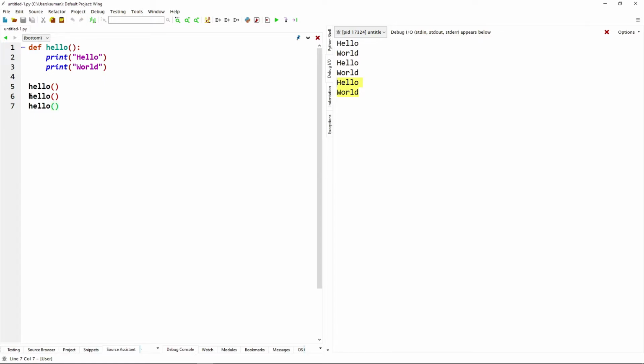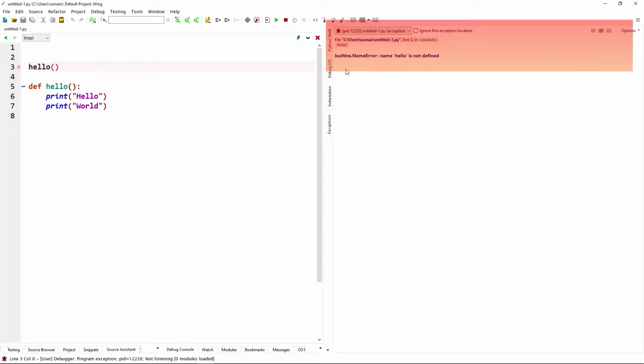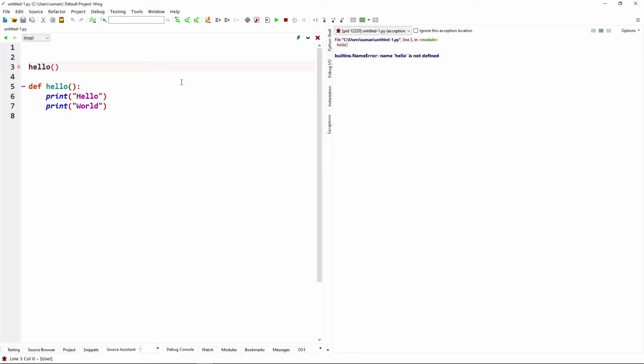Suppose we delete these two statements and define the function hello after the call of the function. So what should happen here? Built-in's name error, name hello is not defined. So once again, we have to define the function first before we call it, otherwise it would give an error.